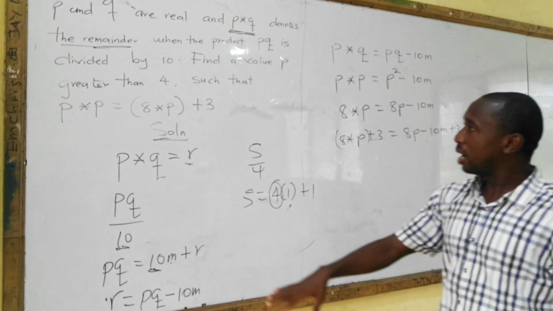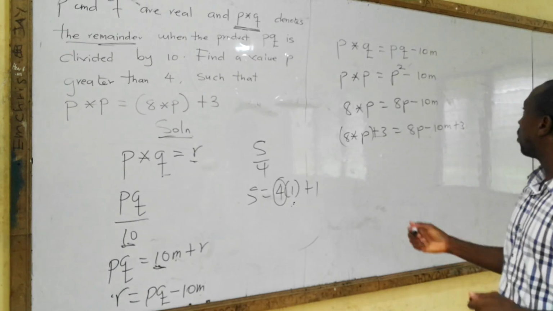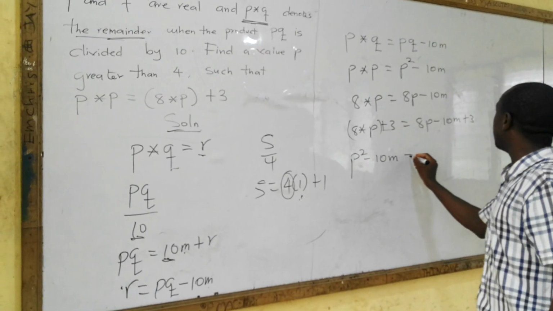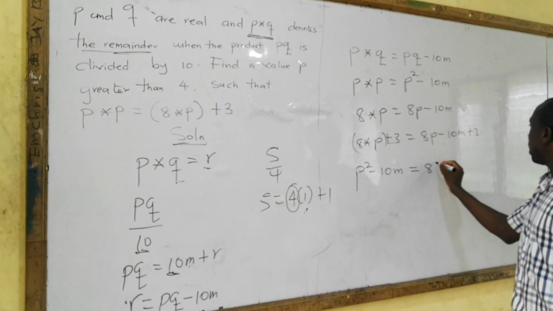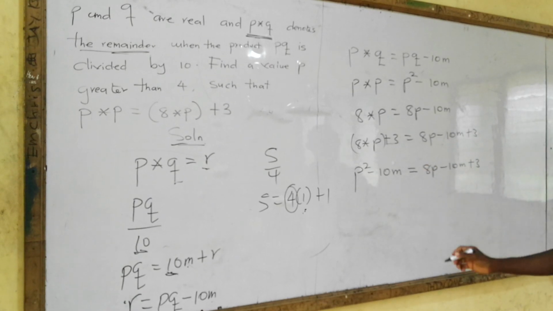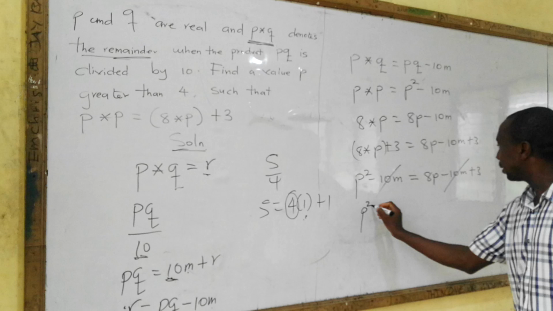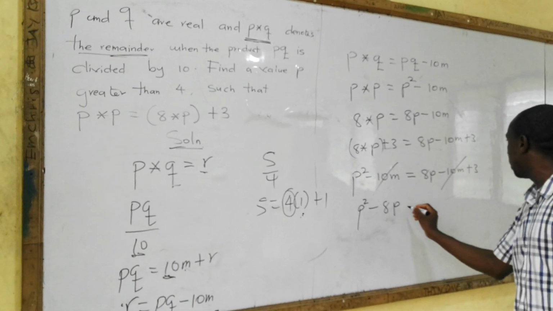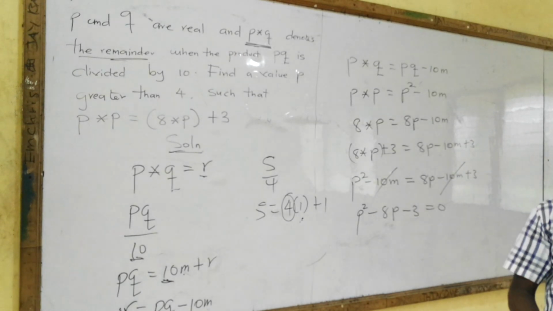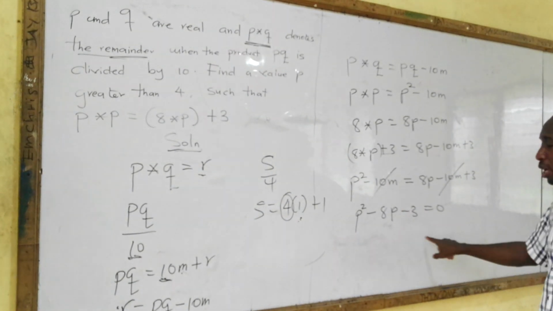Now we are supposed to equate P operated on P to 8 operated on P plus 3. And that will give us P squared minus 10M is equal to 8P minus 10M plus 3. Remember, this thing here will cancel this one. And so we have P squared minus 8P minus 3 is equal to 0, by bringing all these things to the left hand side. Let's quickly use our